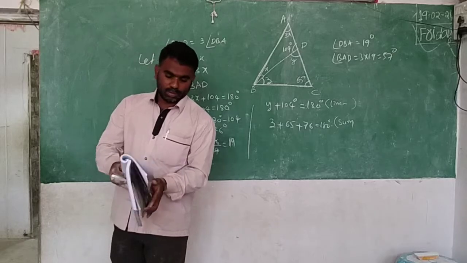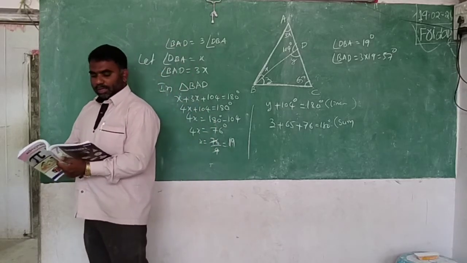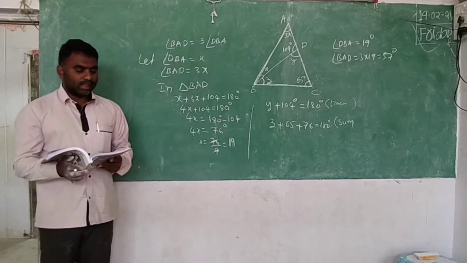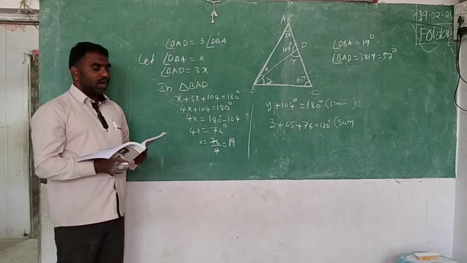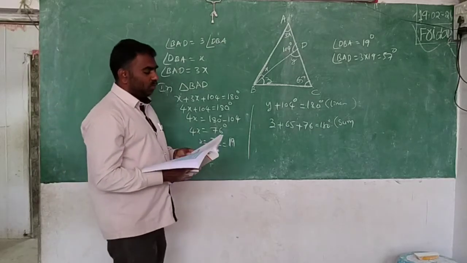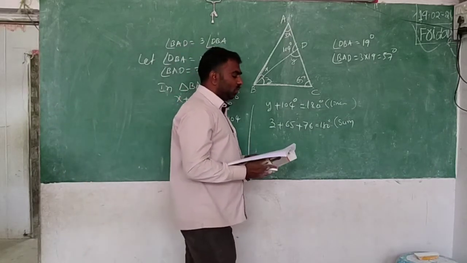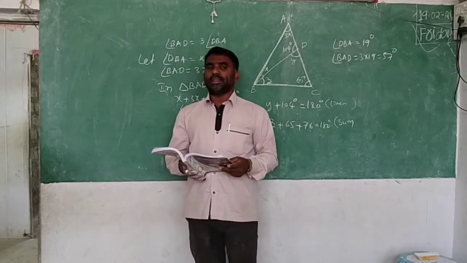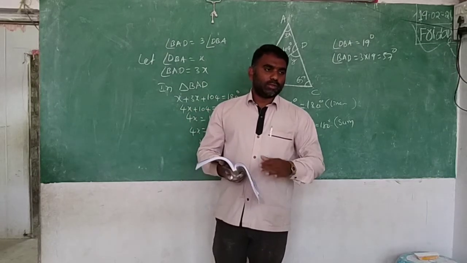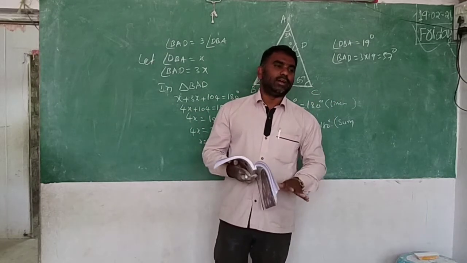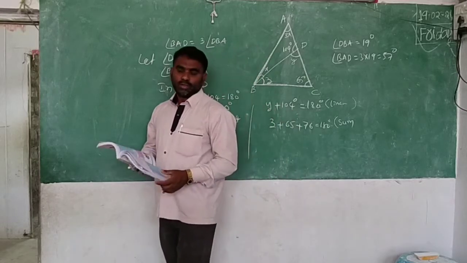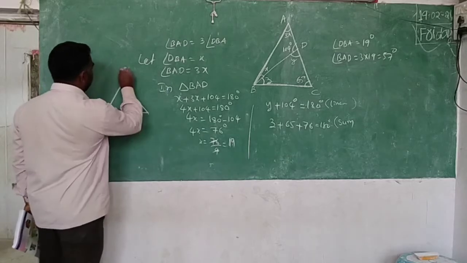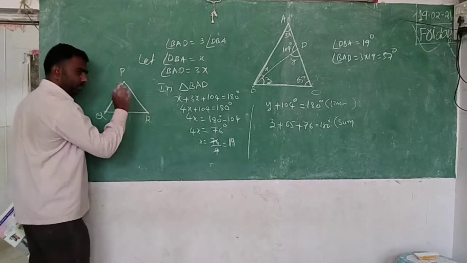5th, 6th completed, 7th completed. Yes, sir. 8th one. What is the 8th one? The exterior angle PRS of triangle PQR is 105. If Q is equal to 70, then find P. Is angle PRS greater than angle P? If you draw the picture, you can get a clear idea. Without drawing, you can't get it. So what is the triangle here? PQR. First draw the triangle.